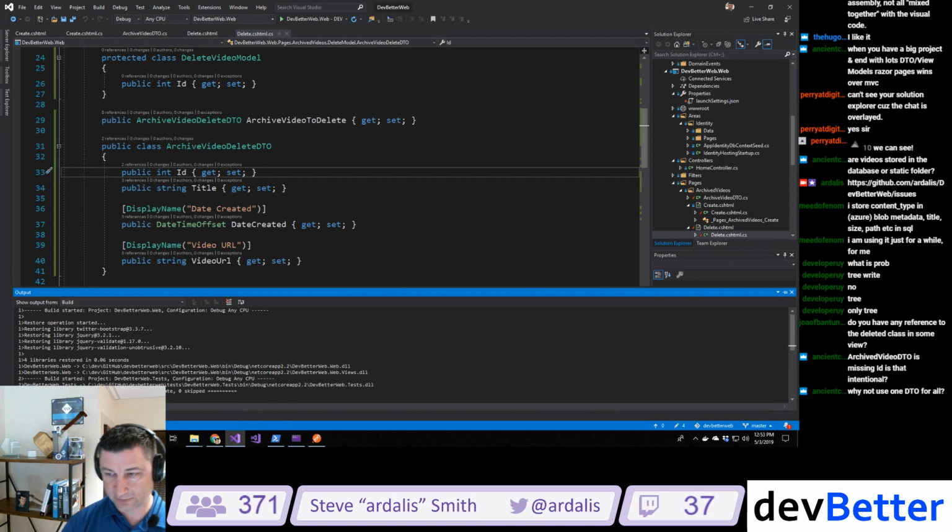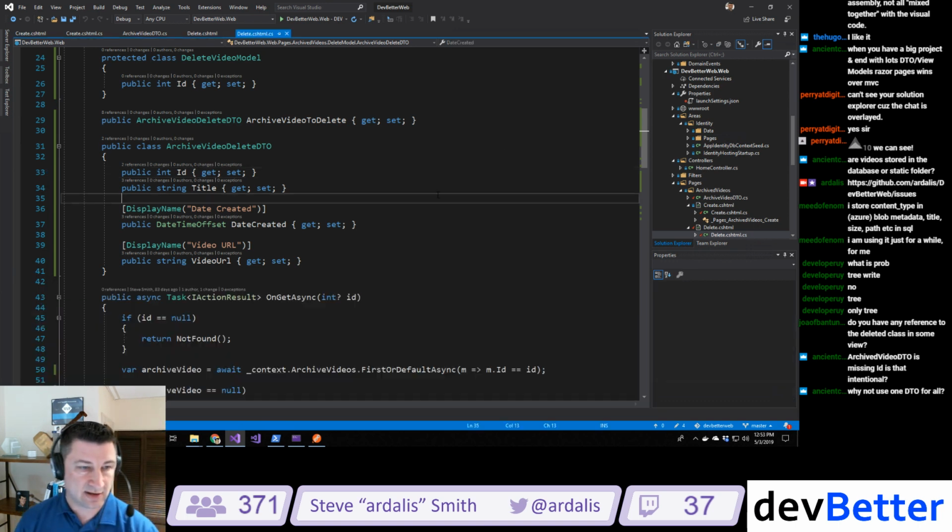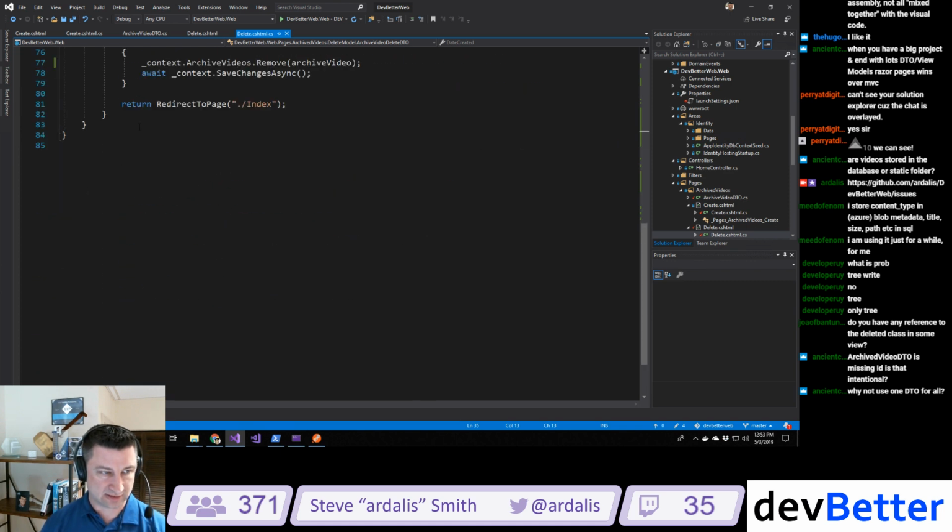Why not use one DTO for everything? Okay, well here's why. I don't necessarily need all the same fields for each different DTO, right? And so I might use inheritance sometimes. If I were doing MVC and I had one folder full of all my DTOs and I wasn't putting it with the Razor page or the controller that was using it, then yeah, I'd probably be more inclined to reuse them. And a pretty common approach I would do in that case, let's just jump down here, and I'd say